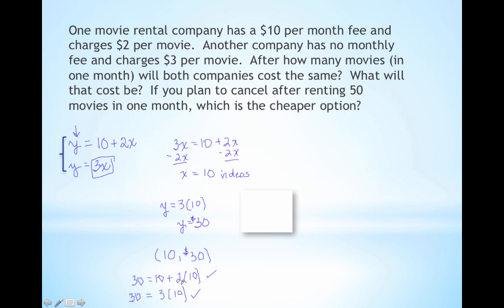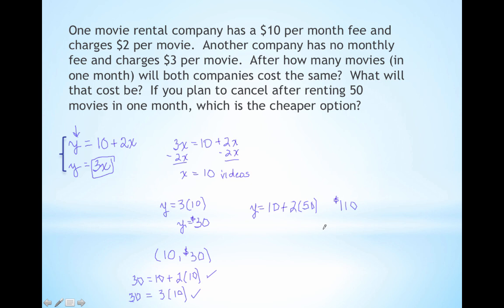So then the question asked, if my plan was to cancel after renting 50 movies in 1 month, which is the cheaper option? So what I'm going to need to do is plug in an x value of 50 because I'm going to have 50 movies, and find out what my cost, or y value, is going to be. So plugging into my first equation, that $10 initial monthly fee, plus 50 movies at $2 per movie, my cost is going to be